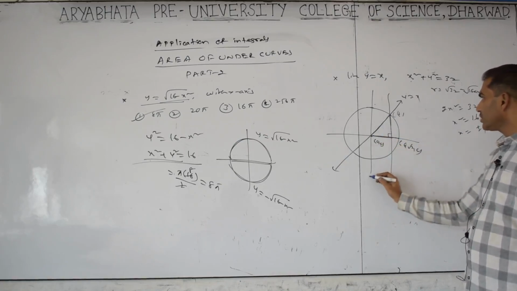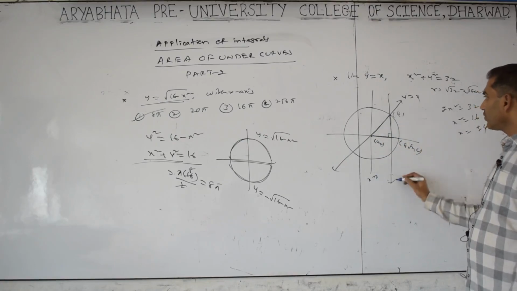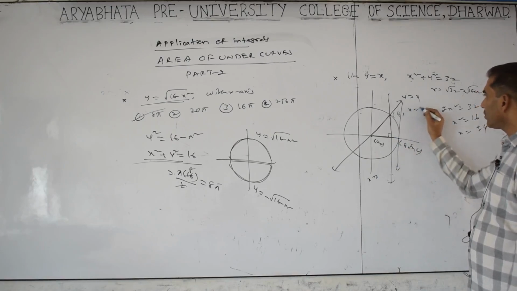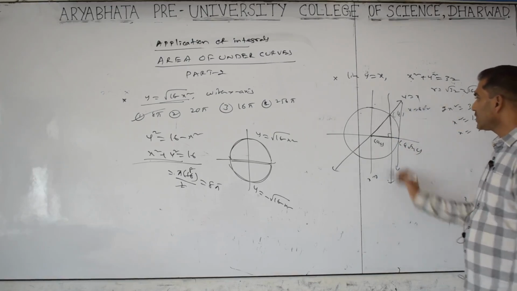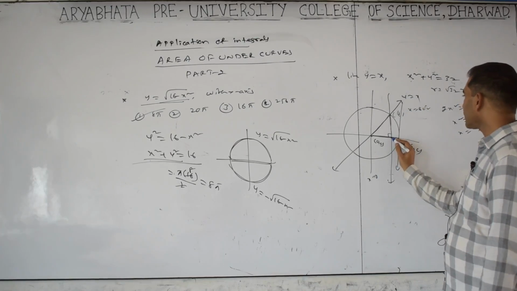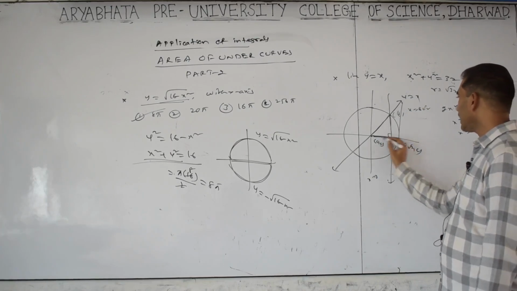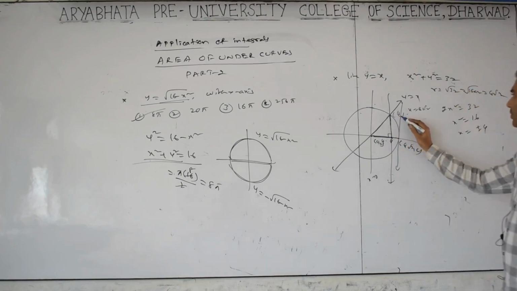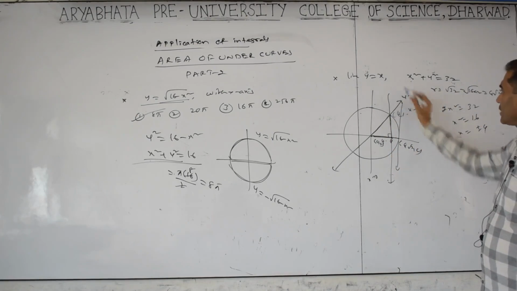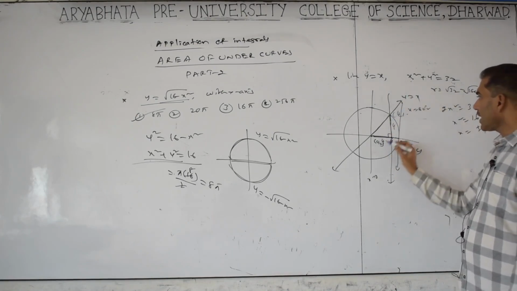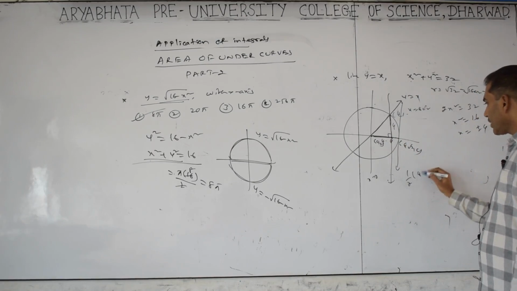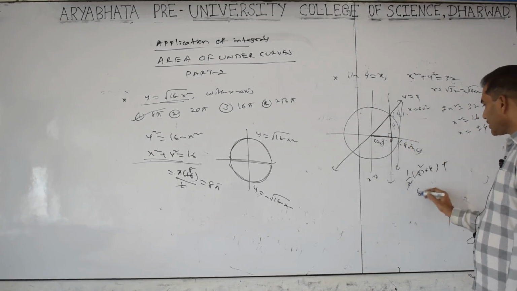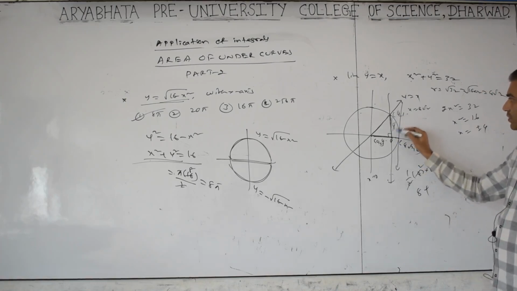Or integration, this is x is equal to 0 to 4 also you can find. Next limit this is 4 root 2, x is equal to 4 root 2. So tell me, this is direct we can find. At what point it is intersecting, x equal to 4 here, this is 4, this is length here. How much this upper value is? Y is equal to, if x is 4, y is also 4. So what is the area of this triangle? Half into base into height, 4 into 4, get cancelled, this part is 8 units, plus this area we should find.